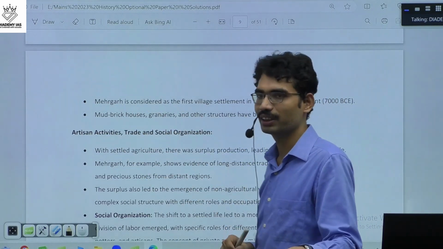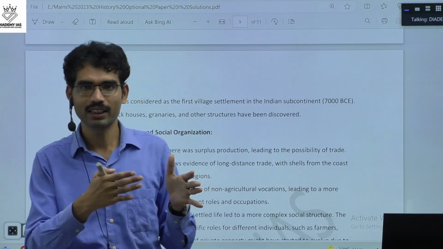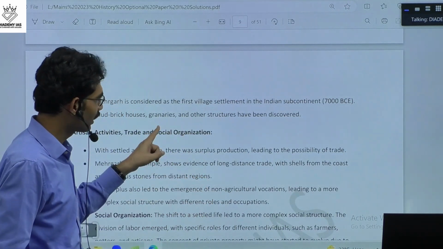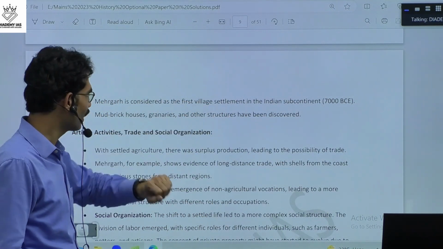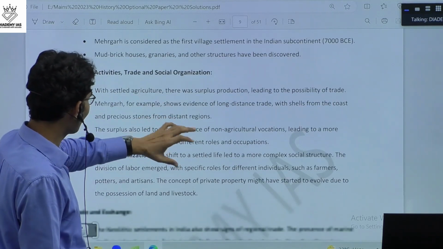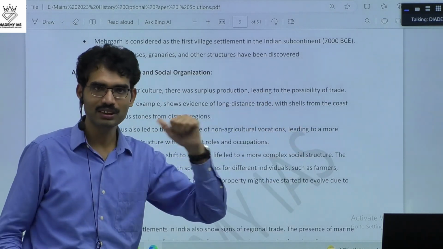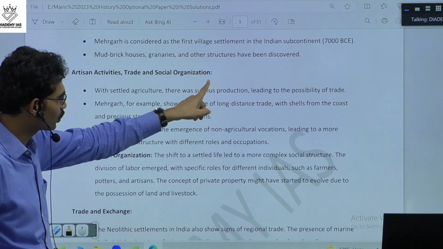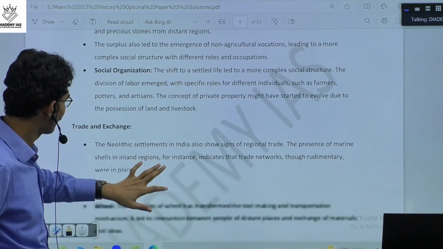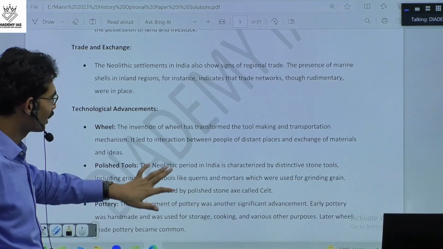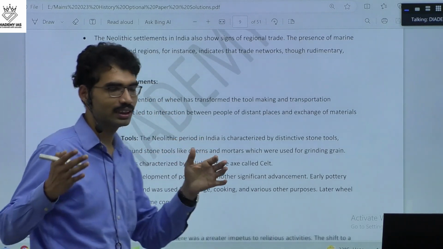Then artisan activities. Agriculture was there. Then industrial activities. In the Neolithic phase itself, we are going to see. Then once artisan activities are there, trading activities will come. Then trading and social organizations will come. Trade network and exchanges, technological advancements we have seen in